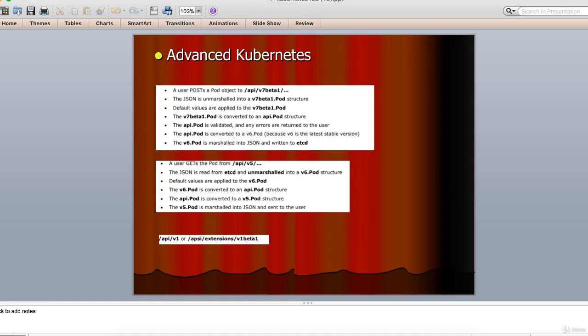A user posts a pod object to API v7 beta 1. The JSON is unmarshaled into a vbeta 1 pod structure and so on. Now that we have the pod object stored, a user can get that object in any supported API version. For example, a user gets the pod from API v5